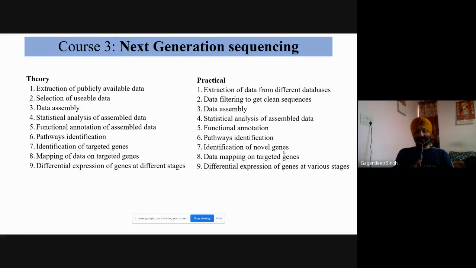And simple data analysis is, for example, what is the function of one gene. We can sequence one protein, and we have to identify what is the function of that protein, and whether it is correctly sequenced or not. Data analysis means we can use some statistics as well. What is the length of the sequence? What is the atomicity of that sequence? If we have any simple protein sequence, what is the location of that structure, that is membranic, cytosolic? That is simple data analysis.